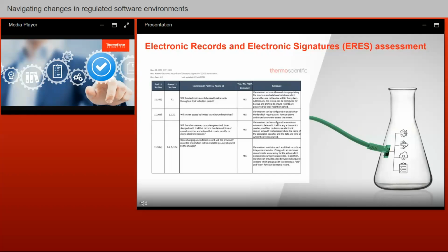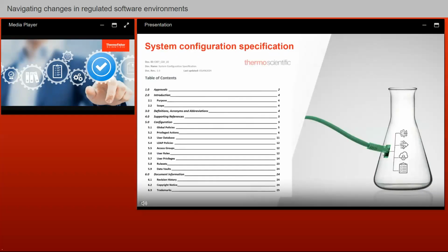And when you make an upgrade, you need to revisit this sort of assessment just to make sure that you haven't made any changes. As I shared, you also want to look at your system configuration specification baseline. Again, this is representative of what we consider important things to control in a master data sense for Chromeleon. And so where we would set these things, and these would be held under change control, we look at what is in each one of these aspects to understand what we're changing and how we need to declare that for